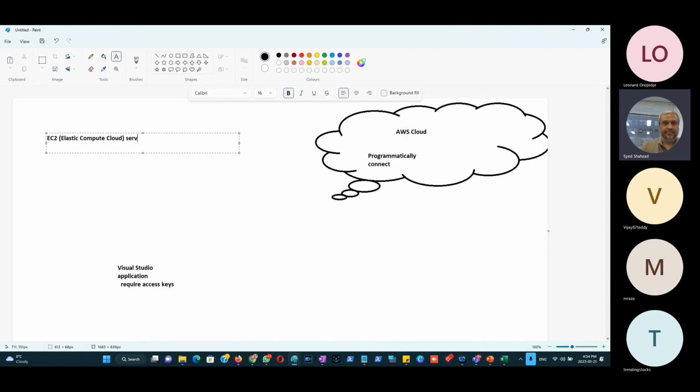So EC2 service would like to interact with S3 service, which is simple storage service, which is basically you can upload files and folders to, right? S3 service. And EC2 service will be given a role of full access